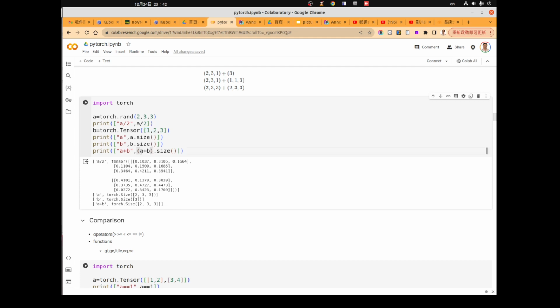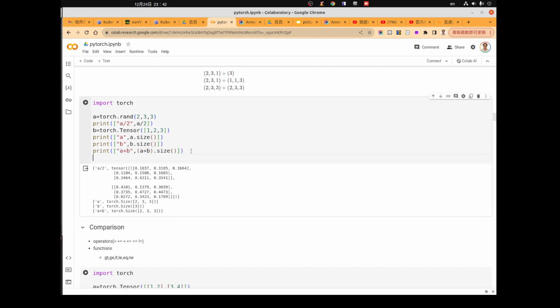We can try to add A and B together and check the size. So obviously it's 2, 3, 3. And we may try to print out the result of A plus B.